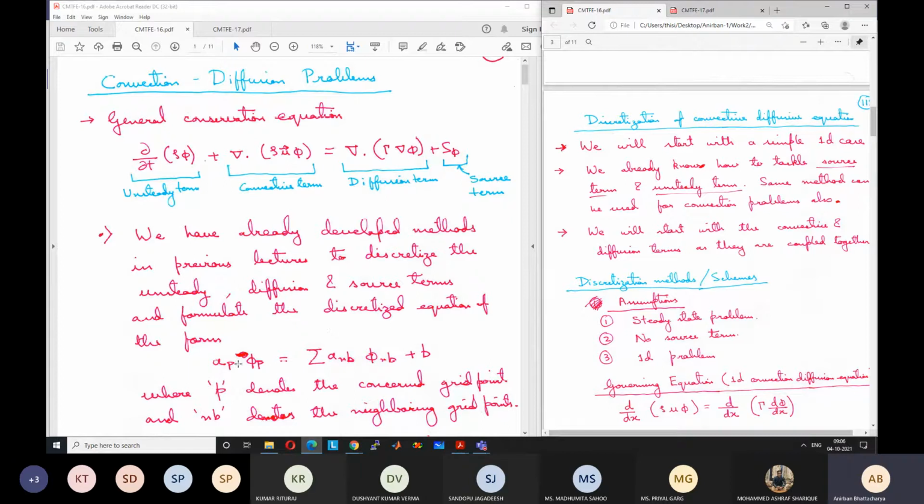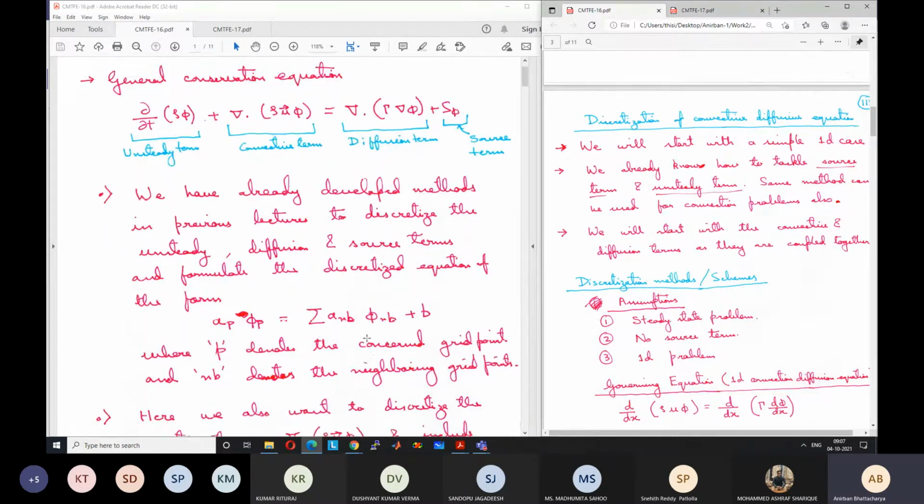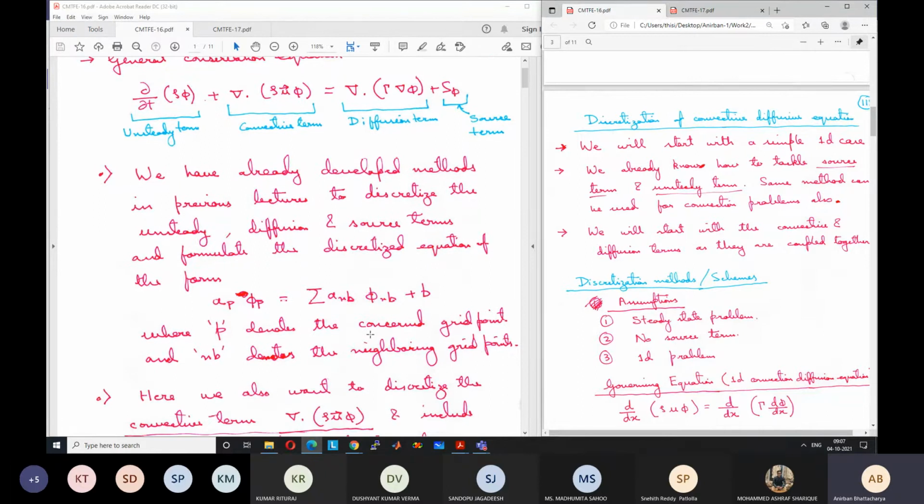And why do we want to derive the same form of the equation? Because then we can just supply the different values of AP and a_nb and b to the solver, and the same solver can be used whether it is a convection problem or a diffusion problem, whether it has an unsteady term or is a steady state problem, whether it has a source term or not. It does not matter. Only the values of AP, a_nb and b will differ for different problems and different material properties. The method of solution will remain the same, like TDMA for a 1D problem, line by line TDMA, or Jacobi method, or Gauss-Seidel method, any of these methods for